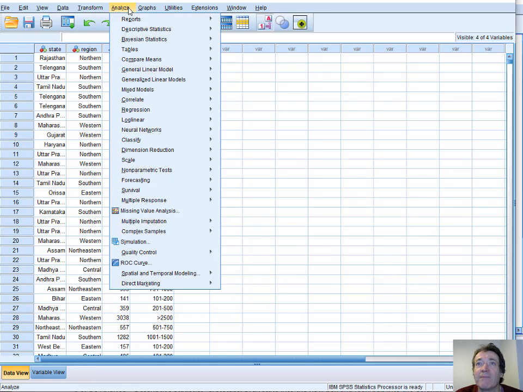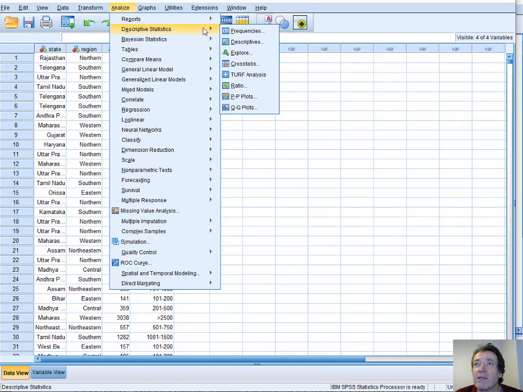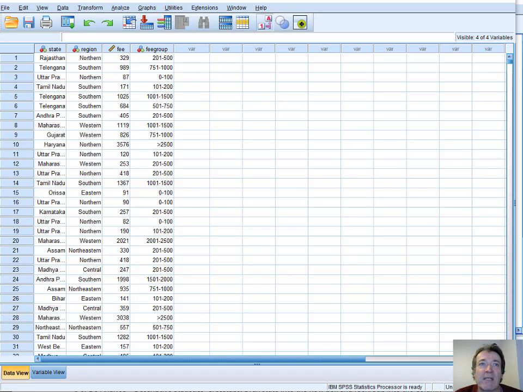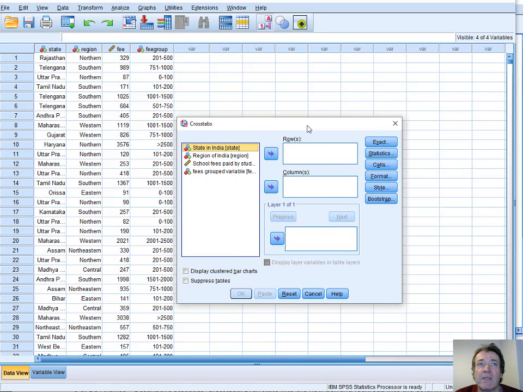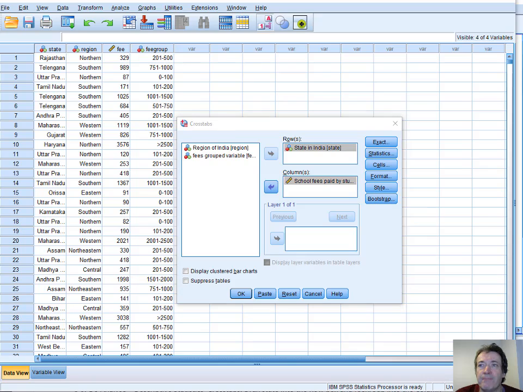So we're going to analyse crosstabs, which is a very quick way of creating tables when you just have two variables, as we're going to use here. So we want to look at states down the rows, so states can go there, and fees in the columns. That's actually fee group, because the whole point is doing the fee group, so it's going to count. If we did this, then it would give us the number of schools in each fee group, but we want the percentages. So going cells,